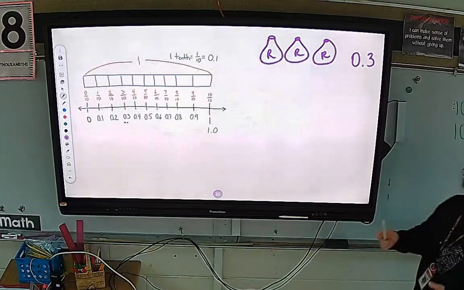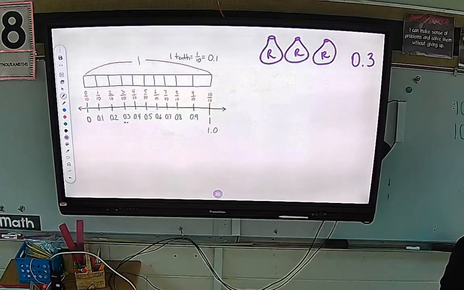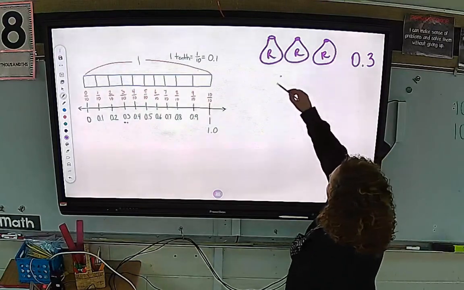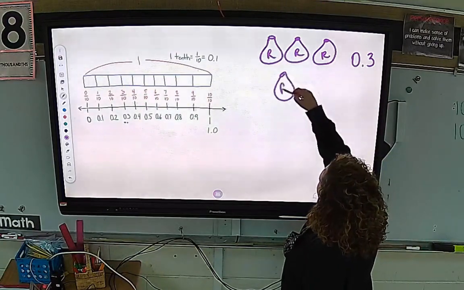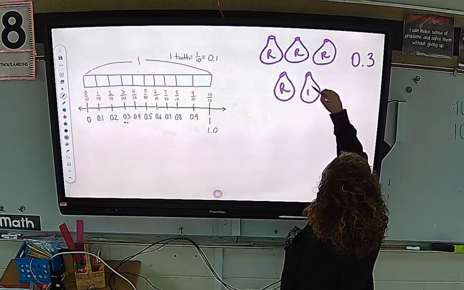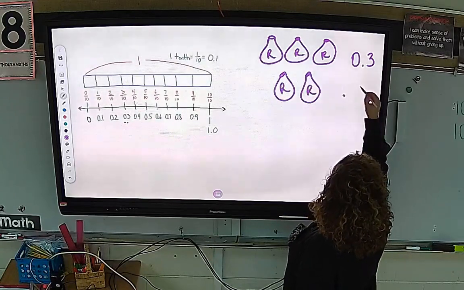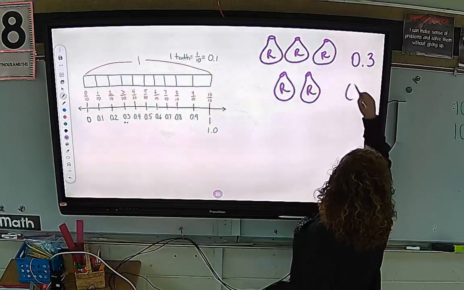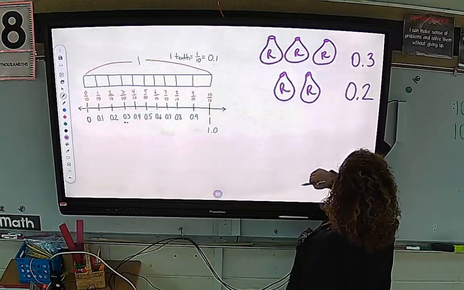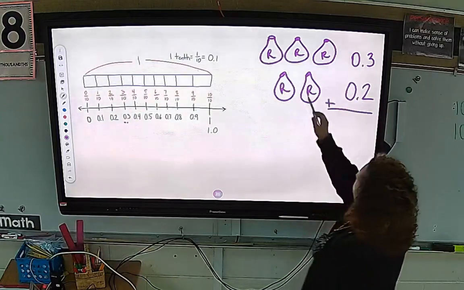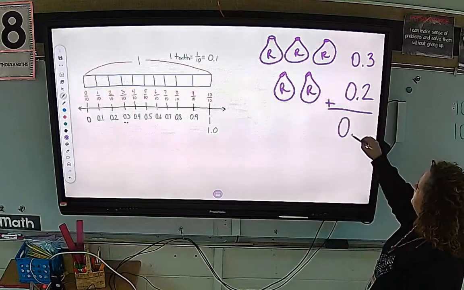2 more bags. Now use your number line. We know how to jump down the number line. If you start at 0.3 and then you jump down 2 more, where are you at? Yeah, 0.5. Yeah, if we got handed 2 more rice bags, and this was 0.2, all together we're going to have,